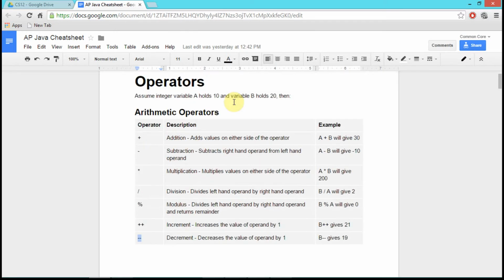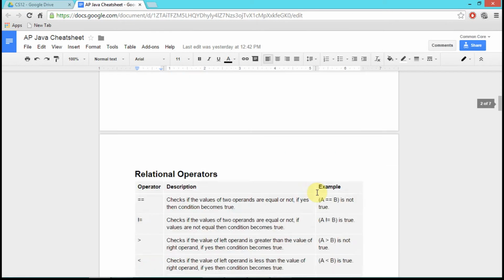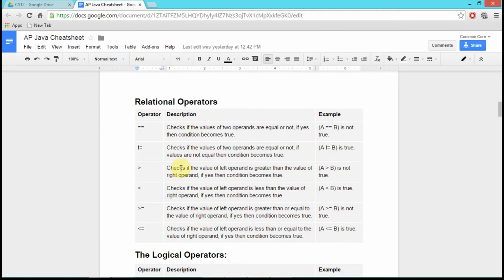The arithmetic operators give a statement. They say add A plus B, or divide B by A. They're going to assign a value, return a value of something. Okay, the relational operators, you should think of these as asking a question. So for example, the first operator is going to check if two are equal. So this double equal sign is asking the question,